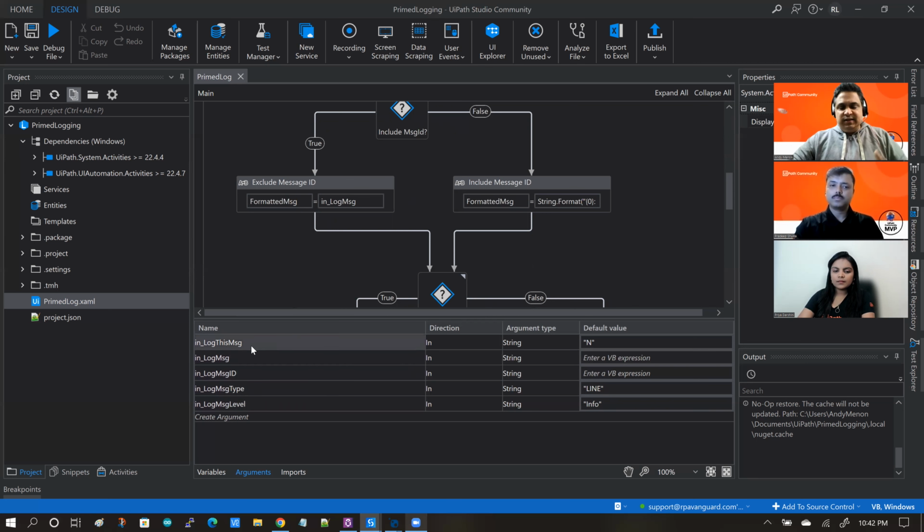In this case, this is a library, so largely it is used in other UiPath projects, and therefore I have followed the UiPath convention of naming parameters: any input parameter must be prefixed with in underscore, and any out parameter should be prefixed with out, and so forth. But if you're building something where a user is interacting with your component, then you might want to give proper,